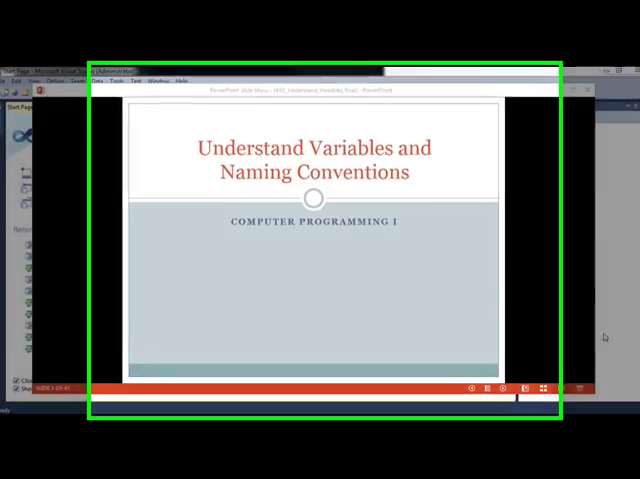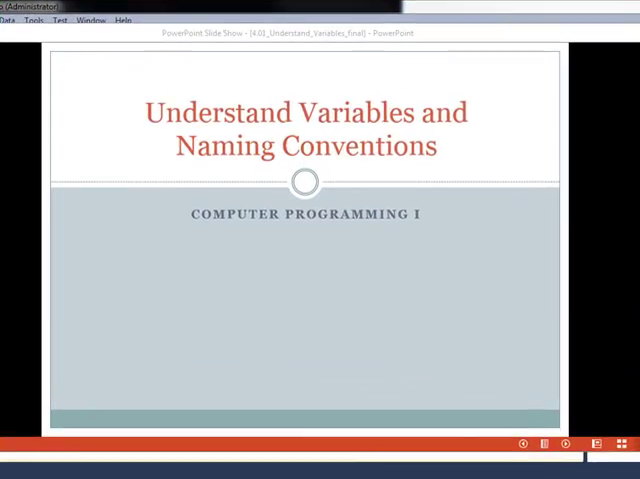In this video, we're taking a look at variables and naming conventions. We're going to be writing our first program using variables. Before we do that, we'll take a look at PowerPoints that you should have already looked at and updated in